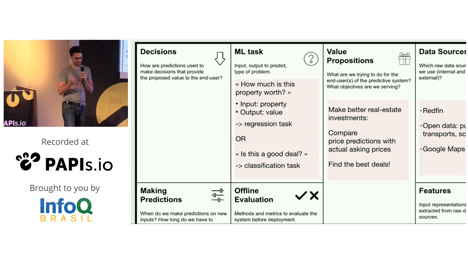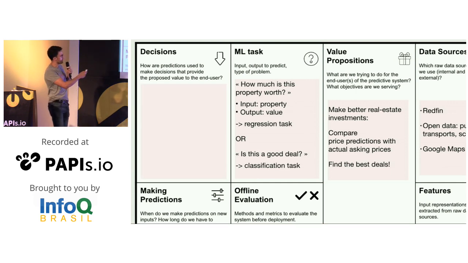There are quite a few cases where you could do either regression or classification. One real example is predictive maintenance. You could either predict how many days until your equipment fails, or you could predict whether there's going to be a failure within X days, which is classification. So yes, there could be different answers to these questions in these boxes.